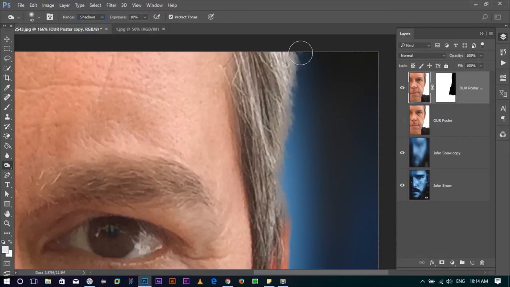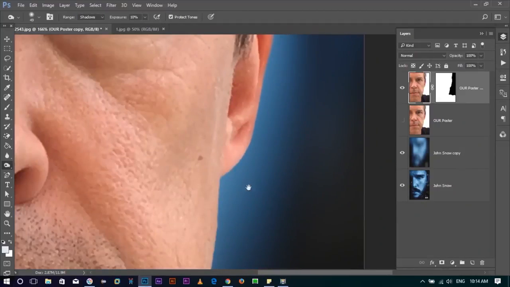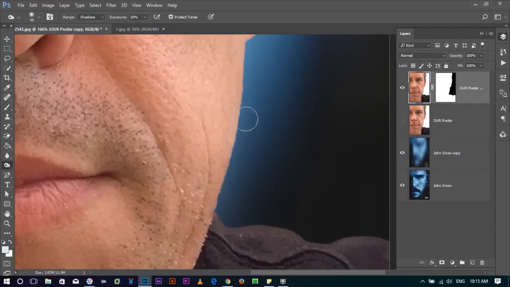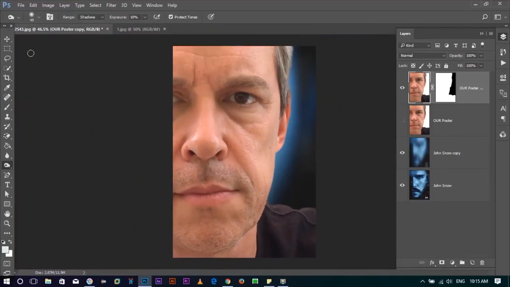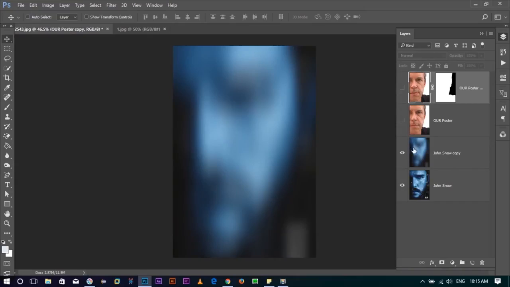Just a little bit, not much. Okay, now the next thing that we are going to apply over this image is the color. As you see, Jon Snow's picture appears in blue, so we are going to apply a blue color over our image. By that, first of all, we make a